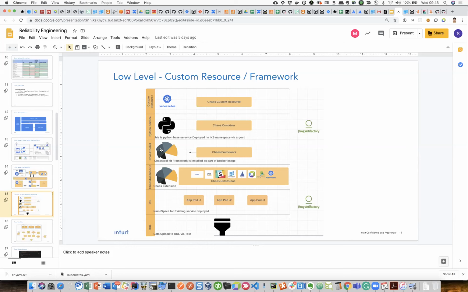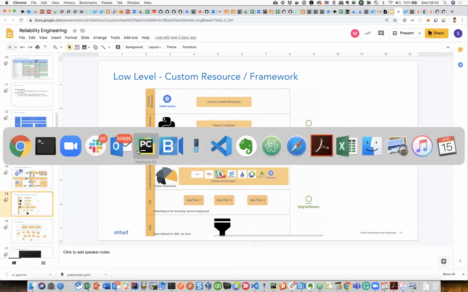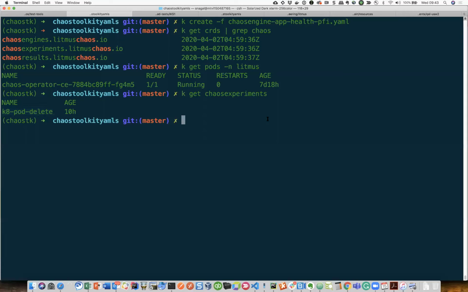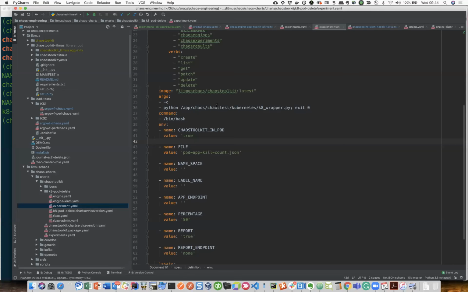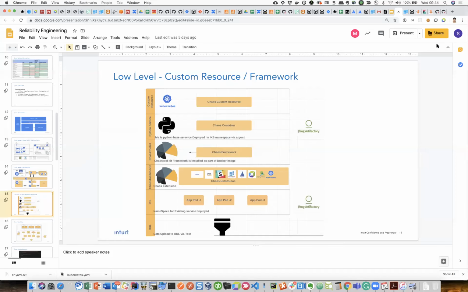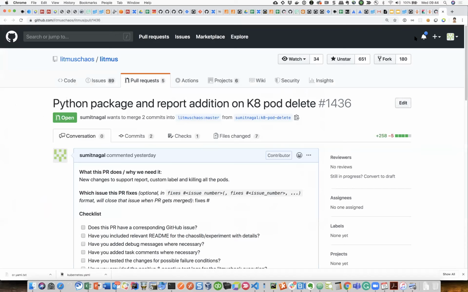So let's look at what we have executed. I have one experiment, and this experiment can be run by one of the engines. An engine is nothing but a custom resource. This is one custom resource I have defined, and it is available as part of the core package.